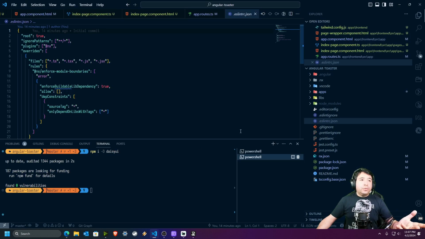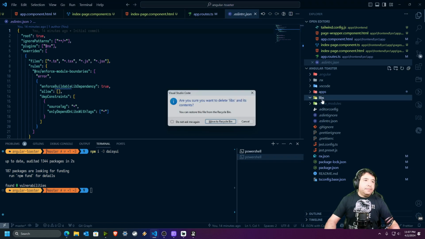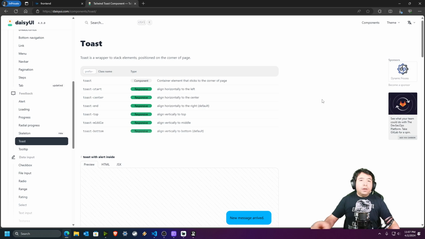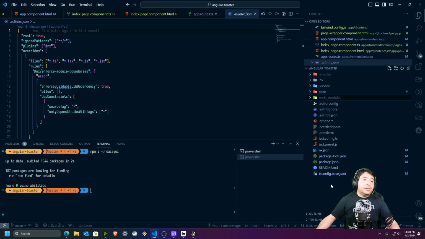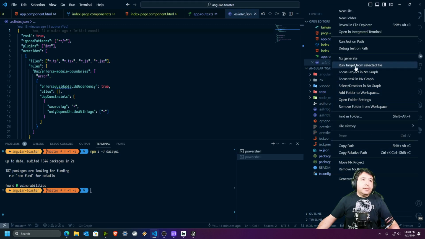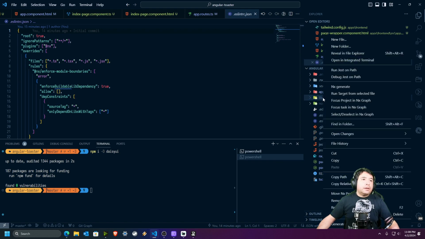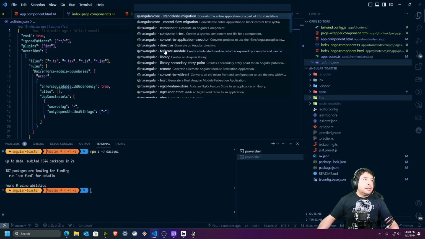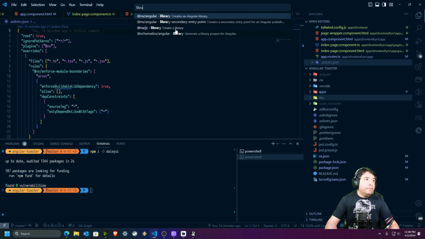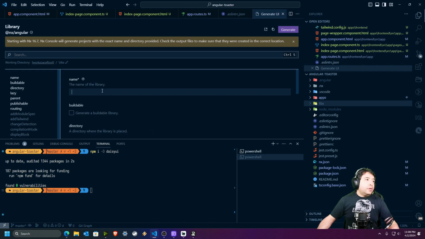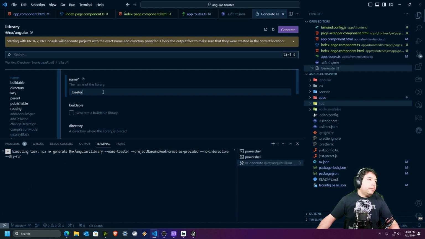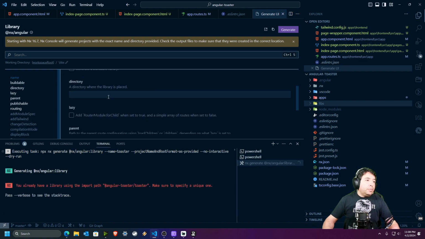Now, what I'm going to do is to ensure that I will create such a library. So let's go over here. I'm going to create a new folder that I'm going to call libs. And inside of these libs, I'm going to run an Nx generate that is going to be a library. I'm going to call it toaster, that is the name of my library. And the directory is going to be,